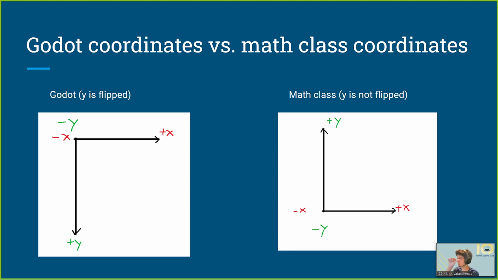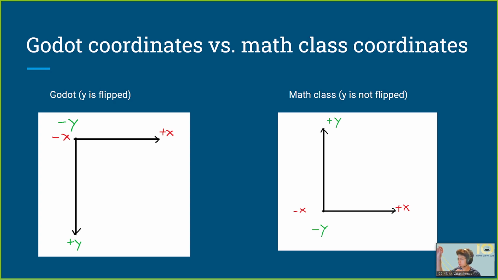So right is positive x, left is negative x. But in Godot, y is actually flipped. So up is actually negative y, down is positive y. The reason for this is because Godot,